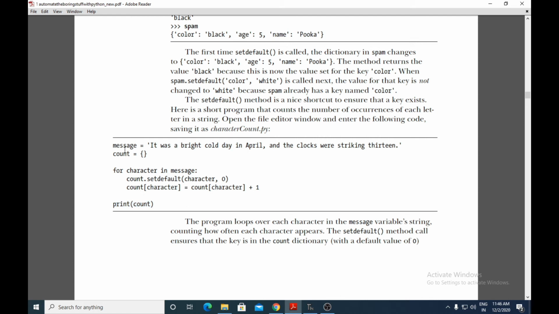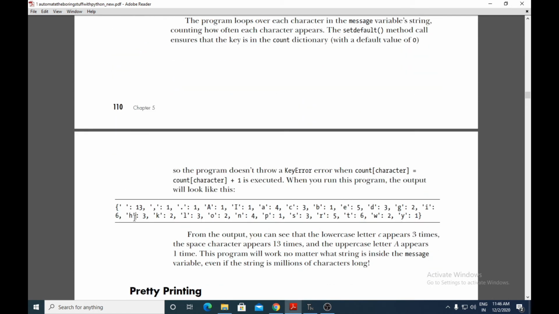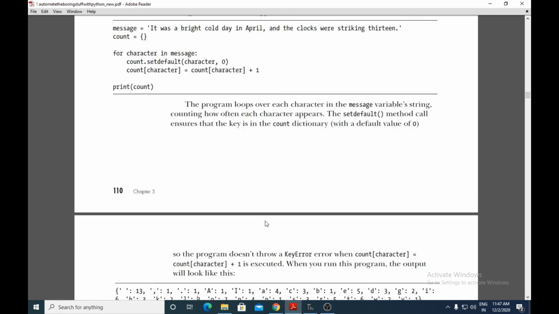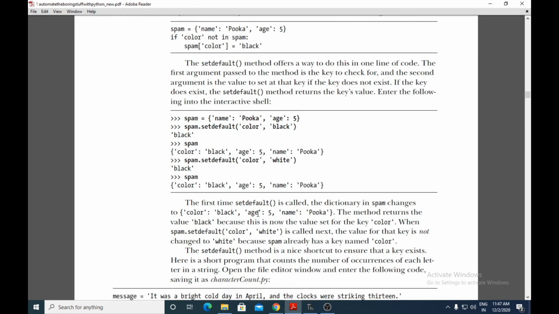When you execute this program, you will get this output: space is occurring 30 times, comma one time, dot one time, and so on. Initially you set the value of the character to 0, and using count[character] + 1 you go on incrementing the value for each occurrence of the letter. So this was about the setdefault method.